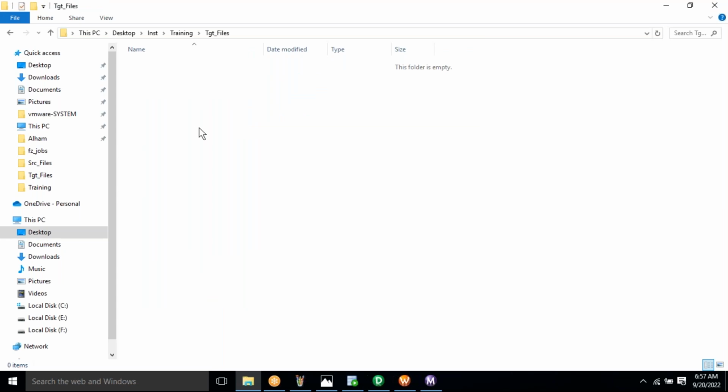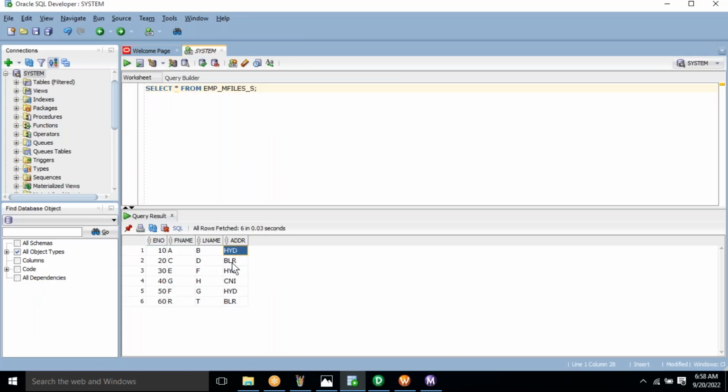Okay, so here we are expecting three files to be generated with the names emp_hyd.txt, emp_blr.txt, emp_cni.txt. Like that, it should create three files in the target now. And if I open the emp_hyd.txt file, from the source, whatever the HYD address records are there,